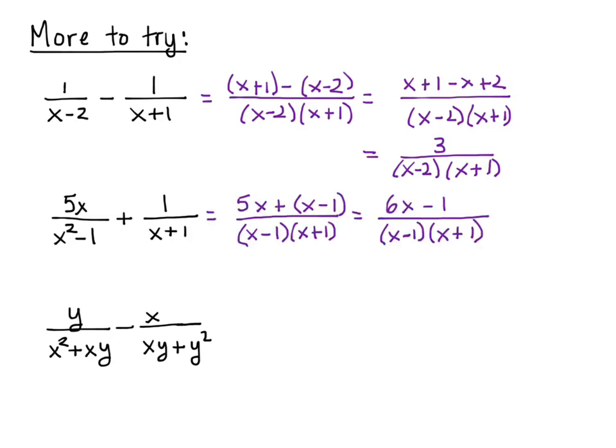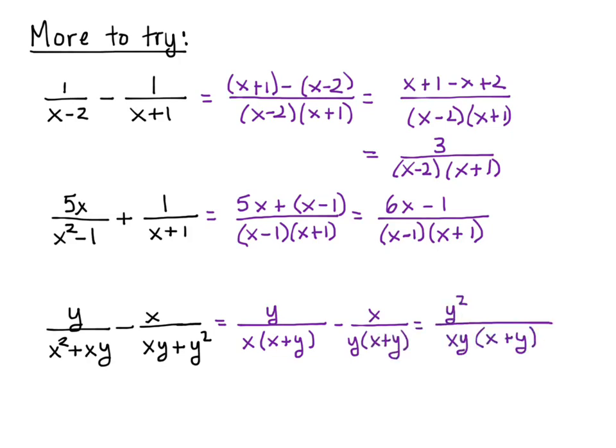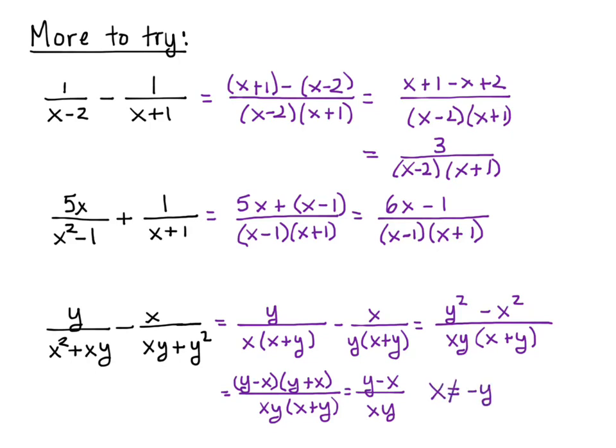Second one is 6x minus 1 over x minus 1 times x plus 1, and let's see, the trick here is to do the factoring first. Okay, you got it. So you do the factoring, and then you can see you have a common factor here, so all you have to do is multiply this one by